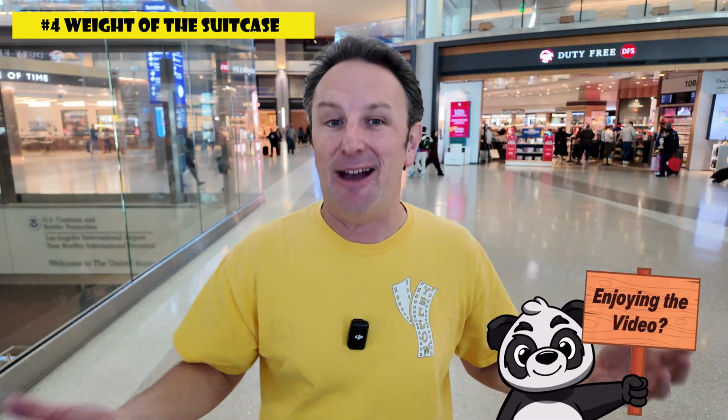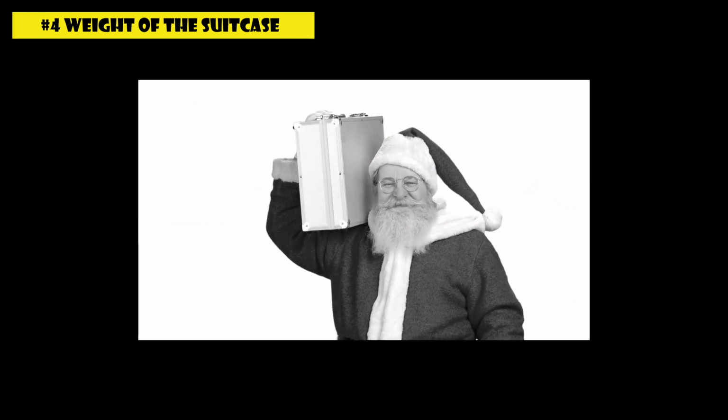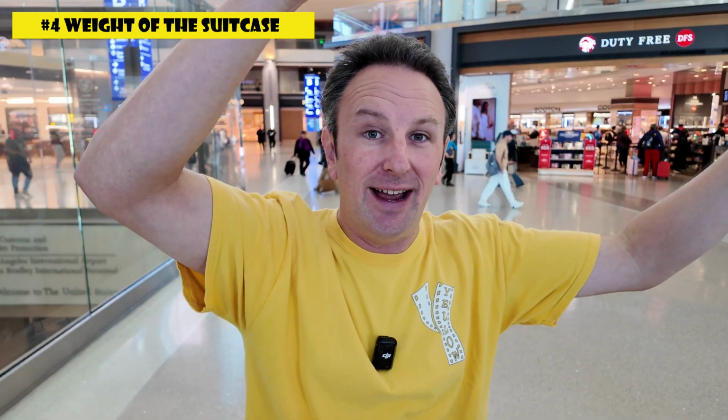And so definitely pay attention to the weight of the bag, because you might find, particularly in the discount carriers, the weight of the bag could be half of your total weight allowance, and then you actually can't put much stuff in. While you might want one of those fancy aluminum cases, you might find out they're not that useful, because all you'll be able to fly with is the aluminum case. So it is worthwhile, not just for you being able to lift it and put it in the overhead if it's lighter, but it's also good if you're on one of those carriers that's really strict with the weight of